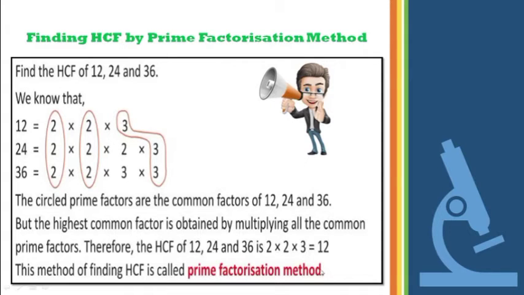And we have learned that the HCF will always divide the given numbers, and when we divide them the remainder will be 0. So 12 can divide 12 completely one time, no remainder will be left over. When we divide 24 by 12, 12 2s are 24, again no remainder will be left. Again by 12 when we divide 36, it is 3 times, no remainder will be left. So as per the definition you have learned, whatever the HCF number is, that number when dividing the given numbers will leave no remainder.